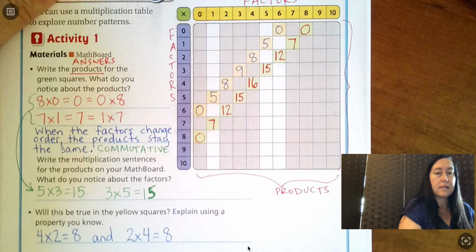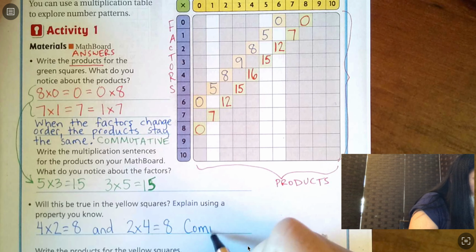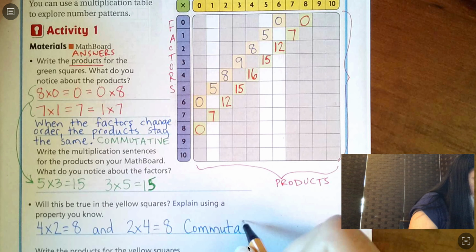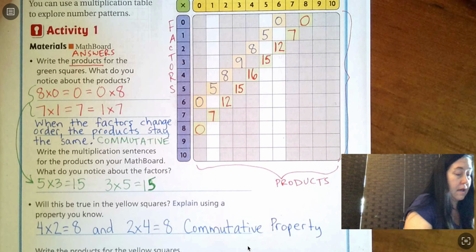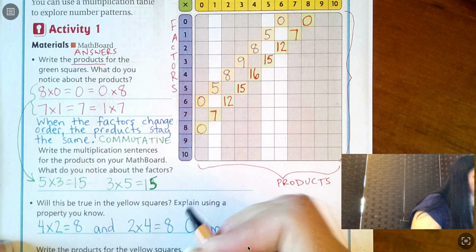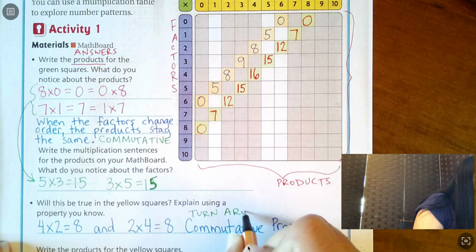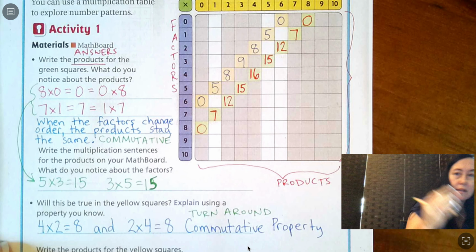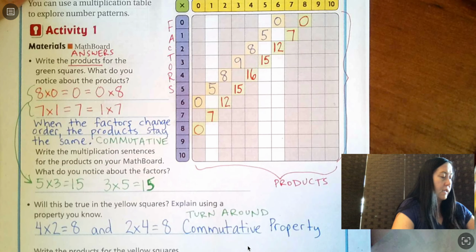So this is the commutative property. And I'm going to put its nickname. I'm going to put turnaround fact. You can write turnaround fact too. It just helps me visualize it, that those factors are turning around, right? All right. Now it says,